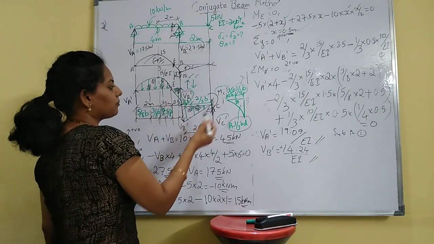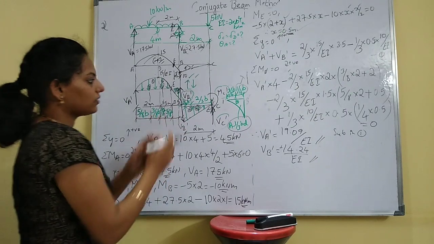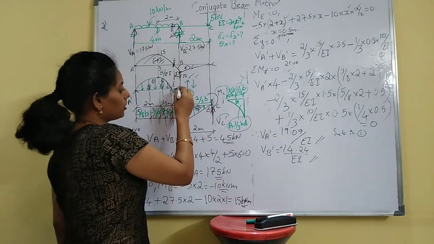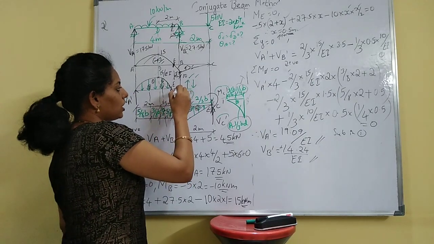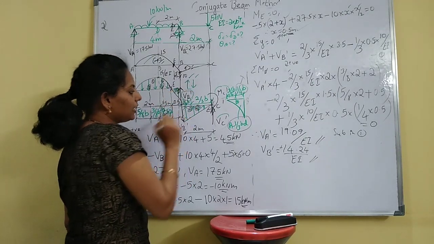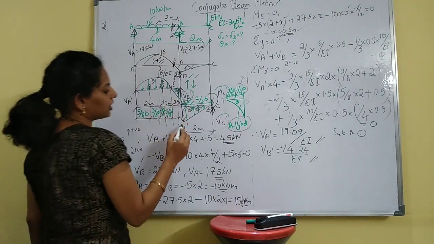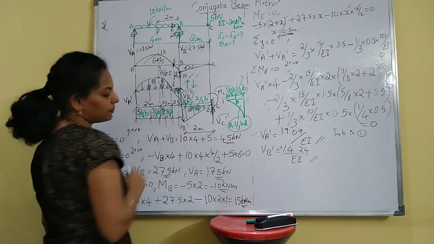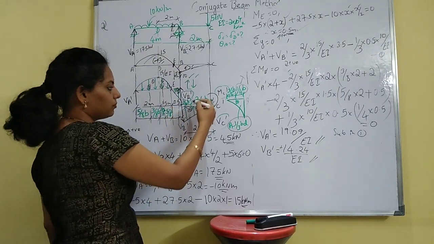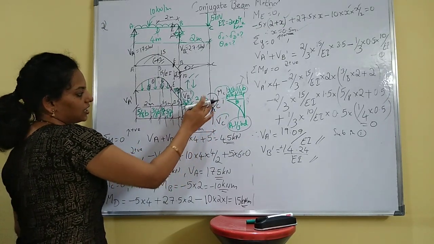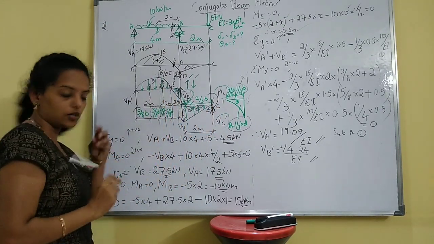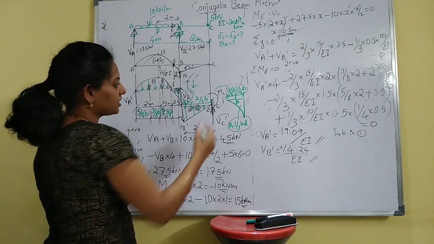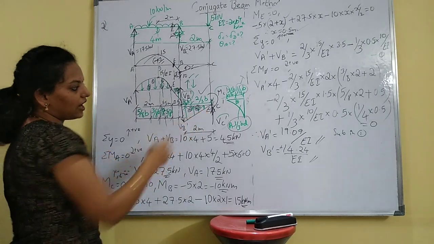So if this is upward, so internal hinges, it will finally make it negative 0. So net moment at that point will be 0. So if it is here upward and here it will be downward, you have to take opposite value. So here it is upward VB dash. For this beam you have to consider downward VB dash. Okay, this and this arrow mark region, that fourth region, the arrow mark will remain upward, only that reaction will be downward. Once this is done, now consider this diagram and get the value of VC dash.